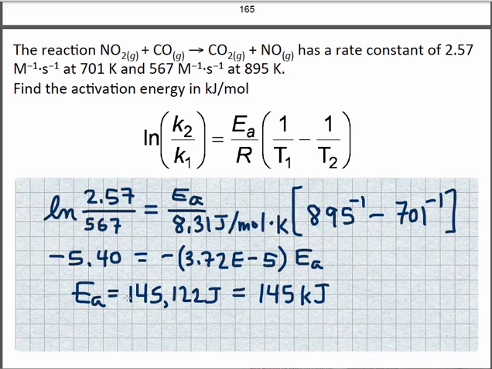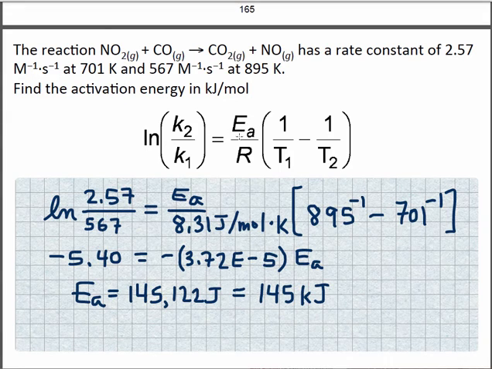Here's another one. Let's see, I have a rate constant of 2.5-ish at 701 Kelvin. What if I warm the temperature up to 895 Kelvin? Well, I predict that the rate constant will go, oh my goodness, it went from 2.57 1 over molarity seconds to 567 1 over molarity seconds. So from that I'm supposed to find out the